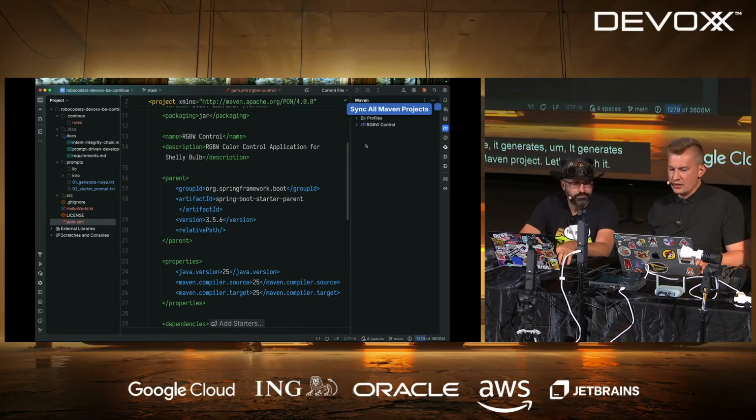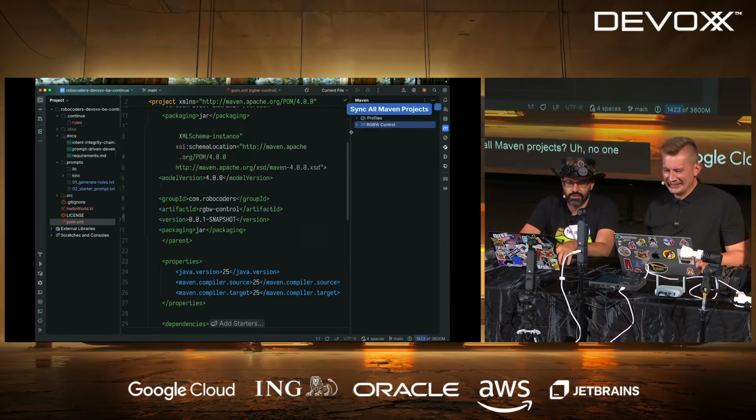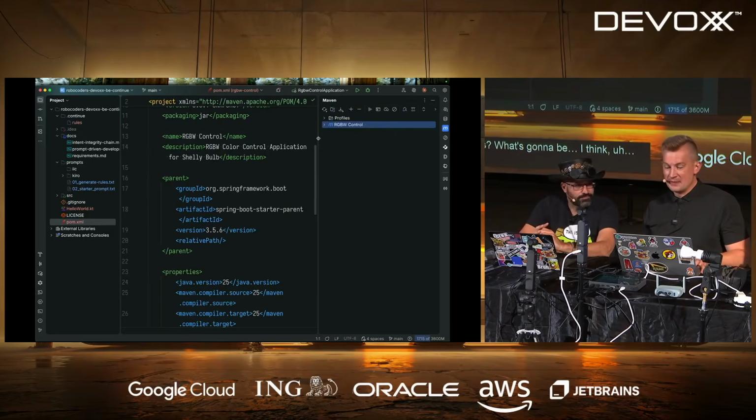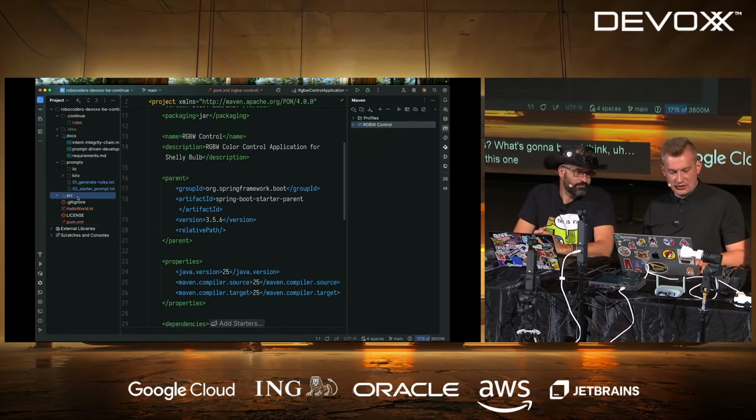I always forget: do you actually know what's the difference between sync all Maven projects or refresh all Maven projects? No one knows, but they are combining it into one, so don't worry about it. So yeah, this one is doing something, generating some code.